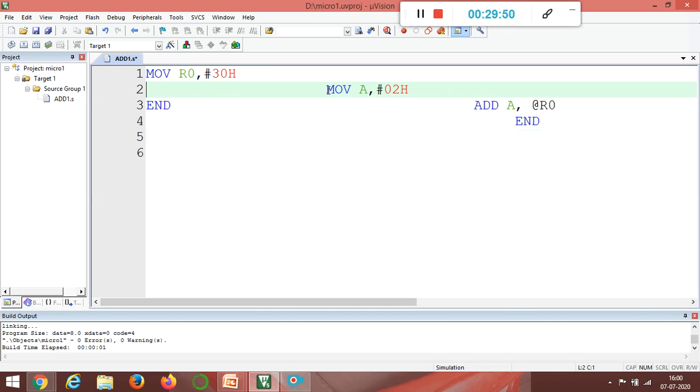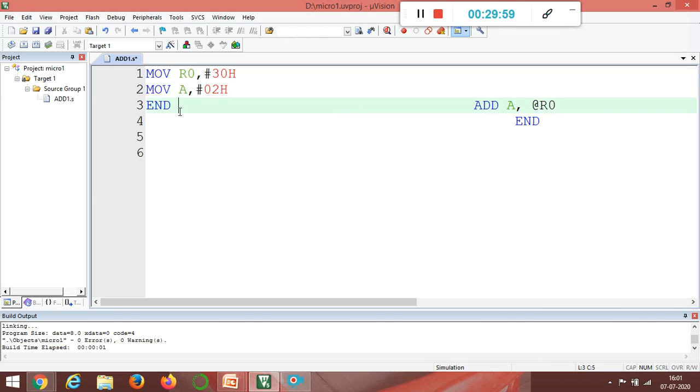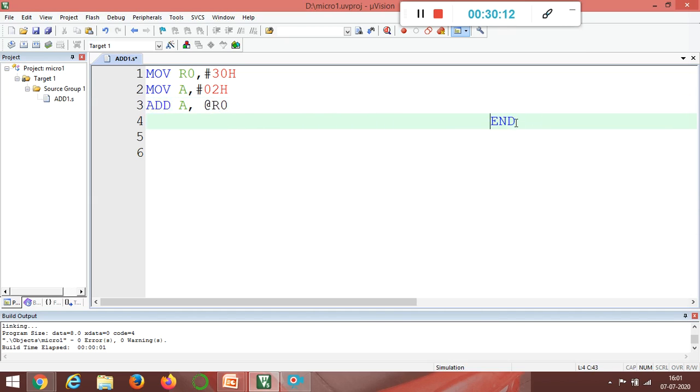So first instruction is move R0 comma hash 30 H. Second instruction is move A comma hash 02. Then next instruction is move A comma at R0. Last instruction to terminate the program, that is end.